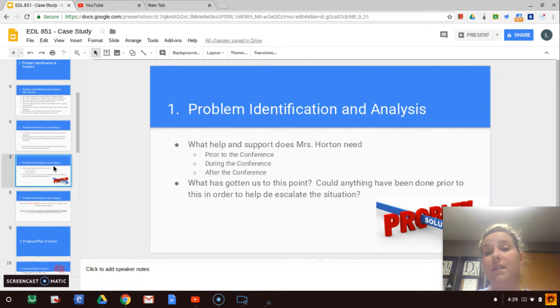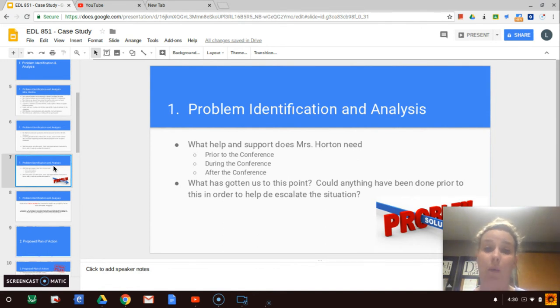During the conference, they were in Mrs. Horton's 1st grade classroom. The chairs were very small. It was not a comfortable setting for anyone. They probably should have moved to a confidential conference room within the school, and Mrs. Horton probably should have had more of her information gathered. I think after the conference, instead of the way it happened, there probably should have been a debriefing, and there should have been some solution steps provided on what was going to happen, not only for Julie, but for Mrs. Horton as well.